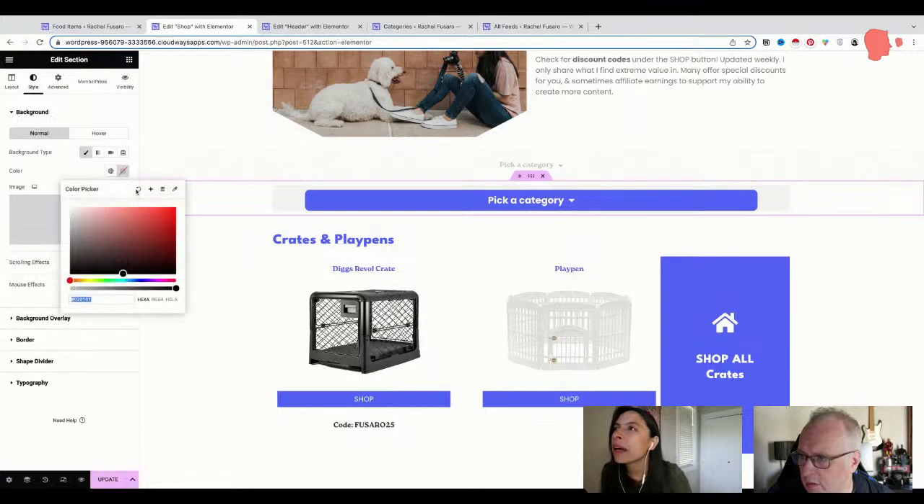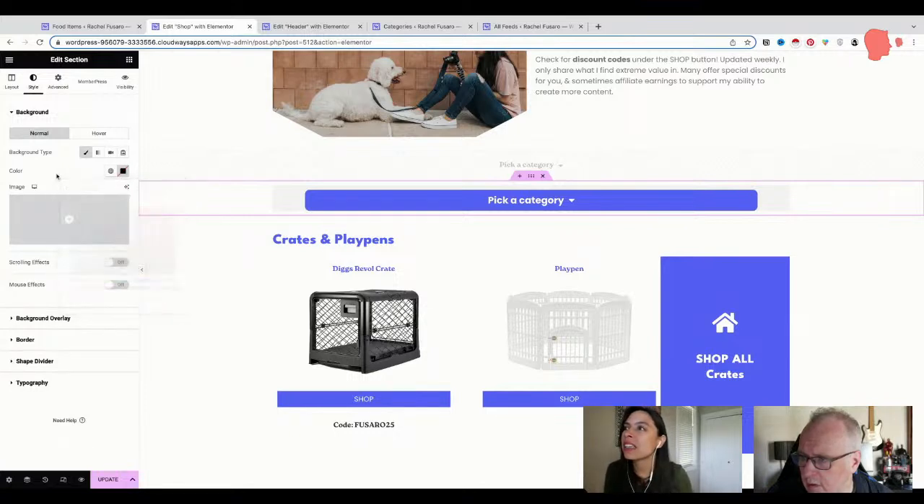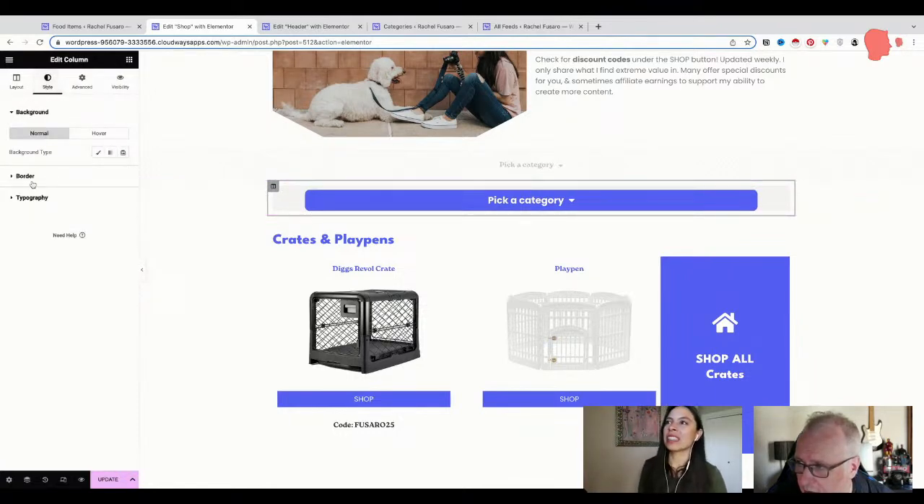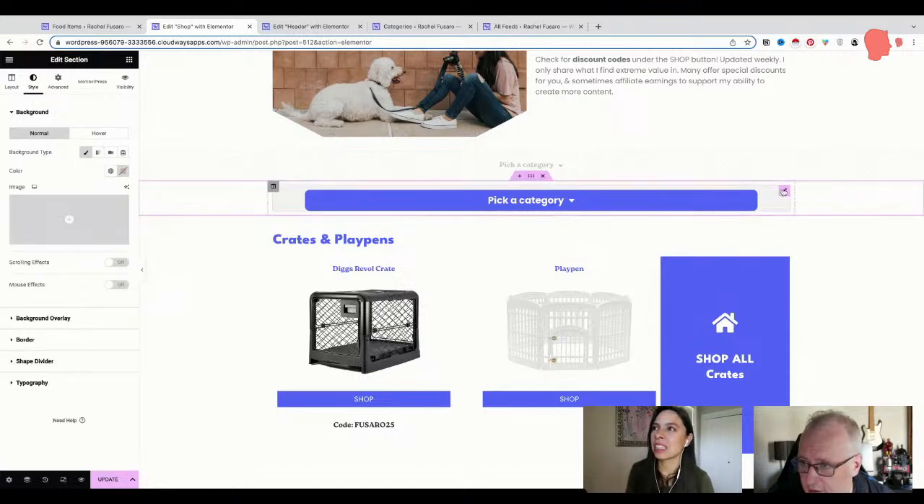Hmm, maybe that's in background overlay or... no. Yeah, I see something there. But it might be at any level. It might be at the level of the module, it might be at the level of the column, or it might be at the level of the section. You see,